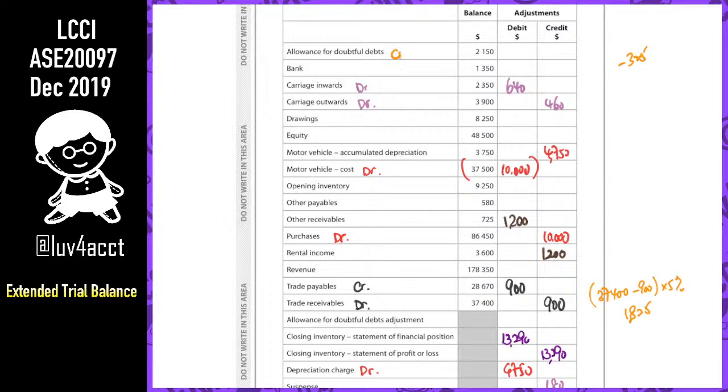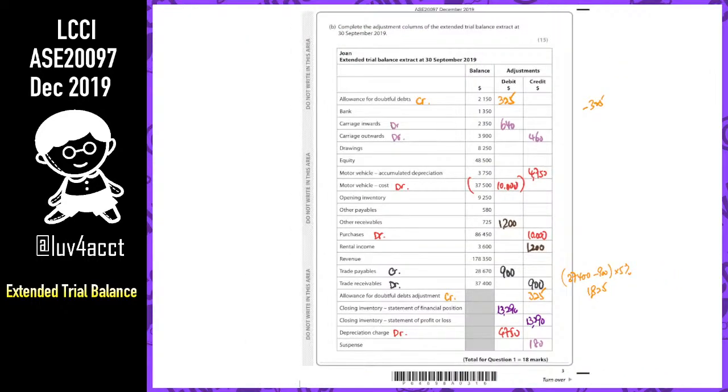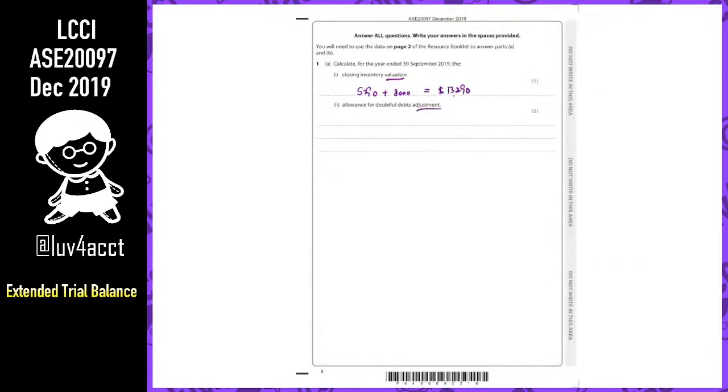So the allowance for doubtful debts account is on the credit side. So when we work on a reduction, debit, and then credit the adjustment 325. It is other income, so it should be on the credit side. So we finished the whole extended trial balance, but make sure you mark down this 325 back to the previous